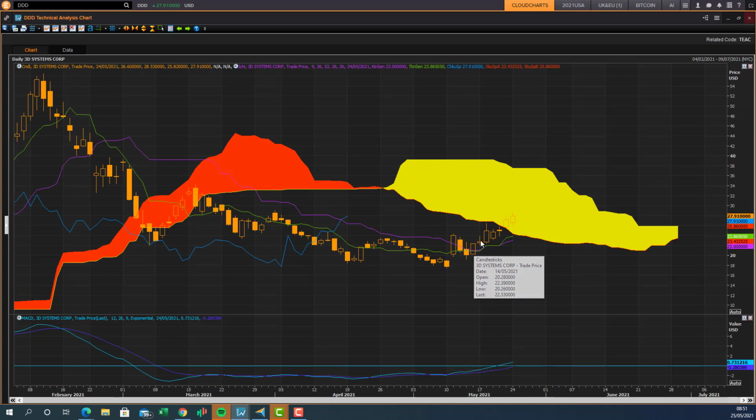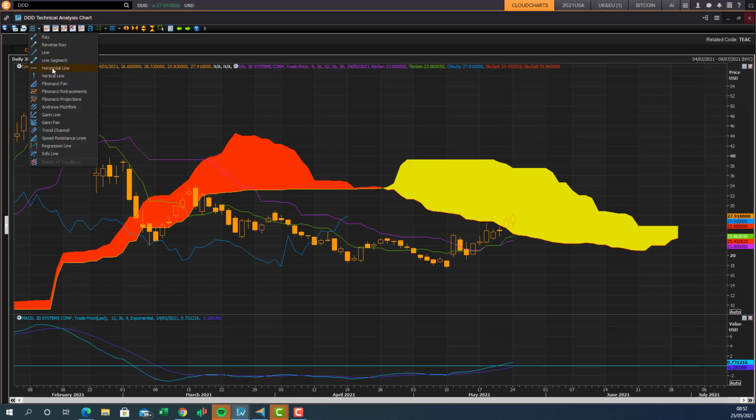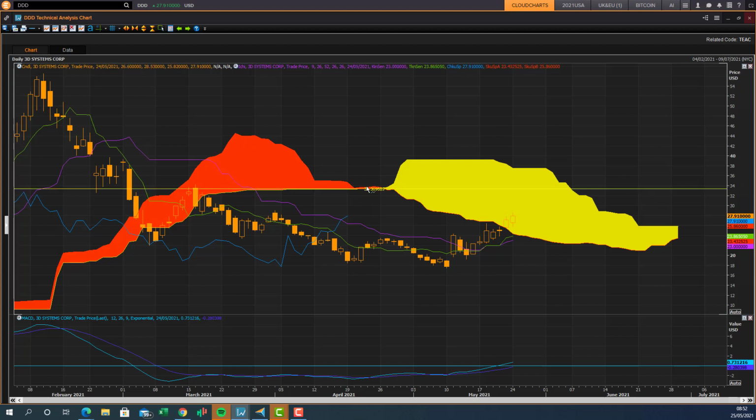It started to grind back up, managed to get through the bottom end of the cloud, so it's showing encouraging signs. It managed to get through this front resistance zone of 25, so that can be tested for new support zones, so watch out for that. But as long as it stays above this bottom end line here, the trend is okay. The next level to watch out for is this upside zone here, horizontal line there. There we go. So it can get back up to $33 before it runs into significant resistance, but this level